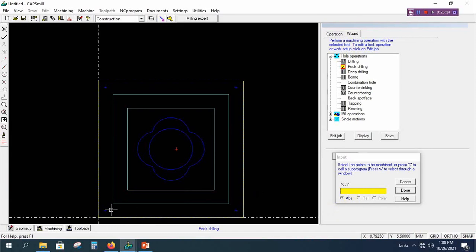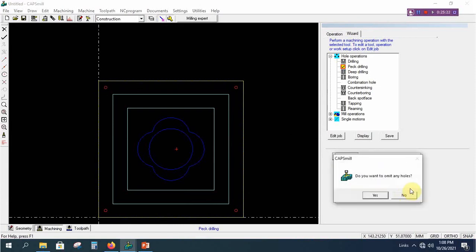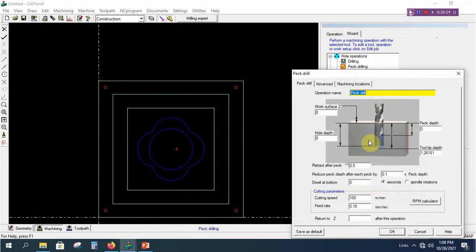Now enter the values or click on the 4 corners. Give 10. Omitting any holes? No. Enter the value. Here it is minus 30, the same location. Now we are doing a through drill for a depth of 12 mm. Every time the tool has to peck.